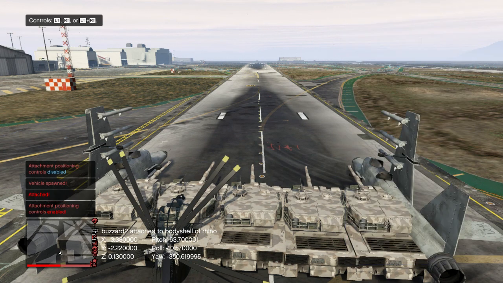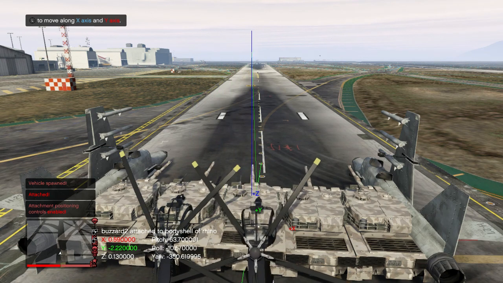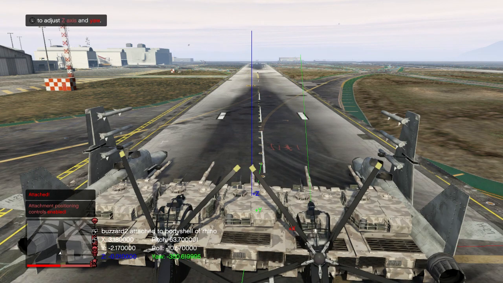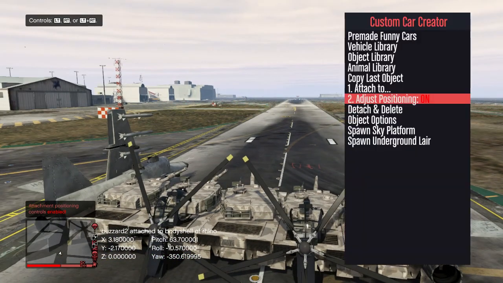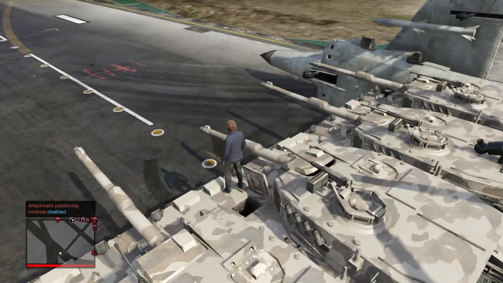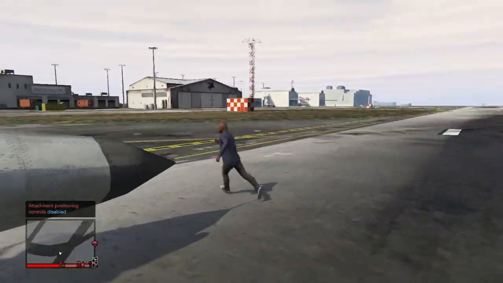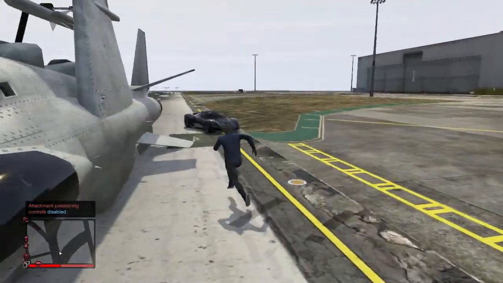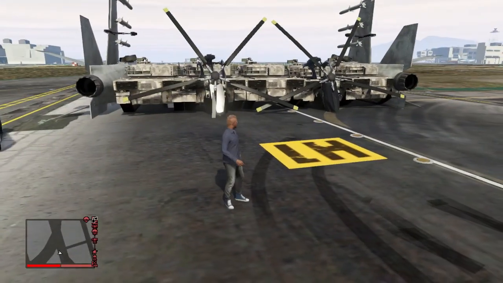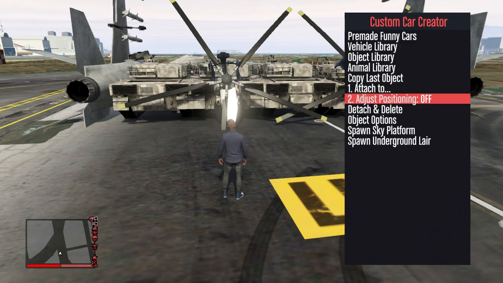But yeah, basically all I'm going to do now is just move this across like this, and there we go. Now the thing with this is that when you get out, if you go down, make sure to close the menu, because when you're running, you don't want to keep pressing adjust positioning or something like that, because it will just make a mess. So what you do now is go around to the back of the tank, and go into